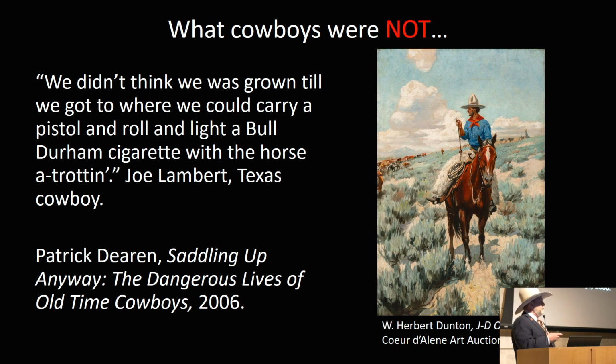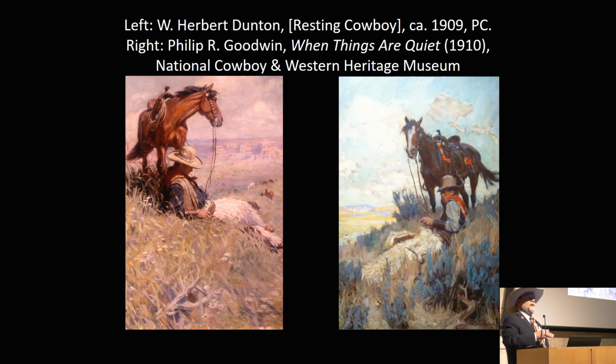Now, just for full disclosure, I own firearms, I'm a hunter, I use them for personal safety, etc., but they don't belong on the back of a horse. They just get in your way and they're dangerous. So, put that all out of your mind. I'm sorry I ruined the Western for you. I won't tell you about whiskey and women either, because that's also